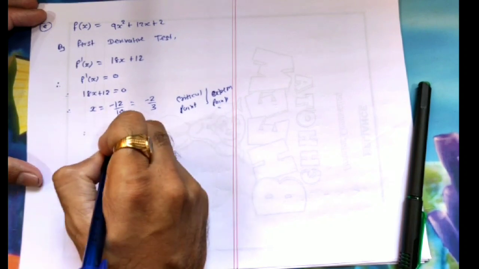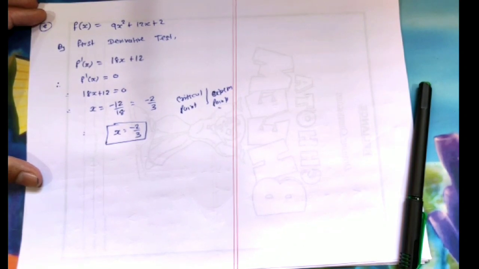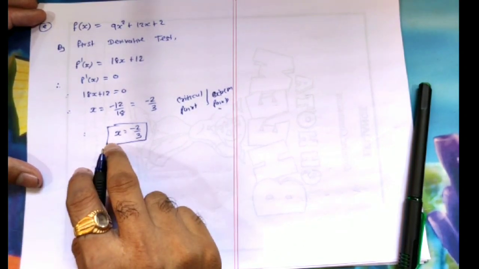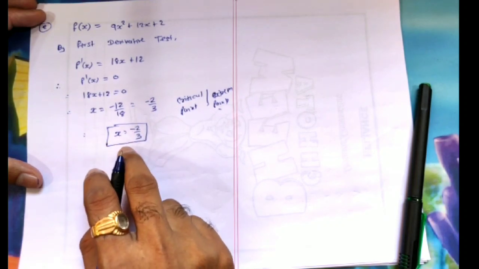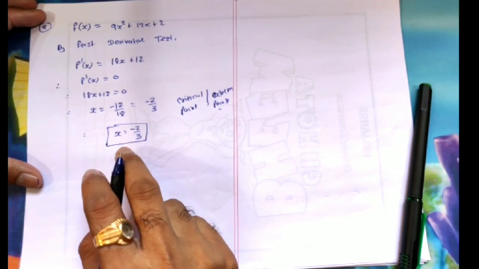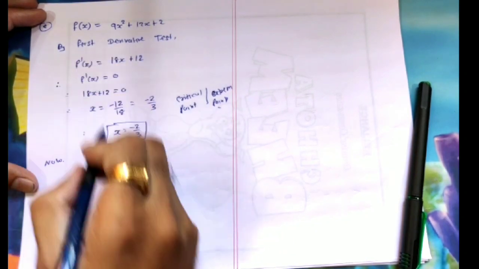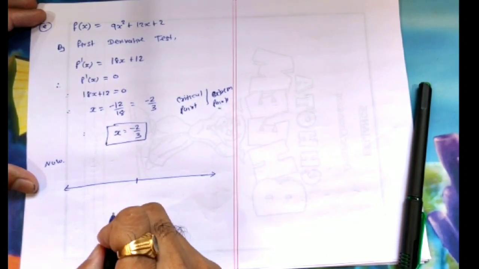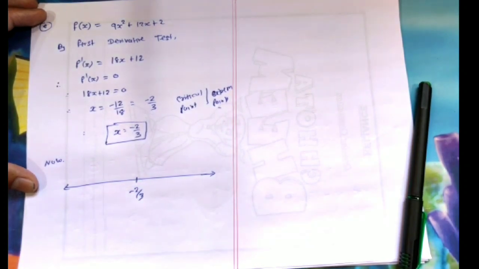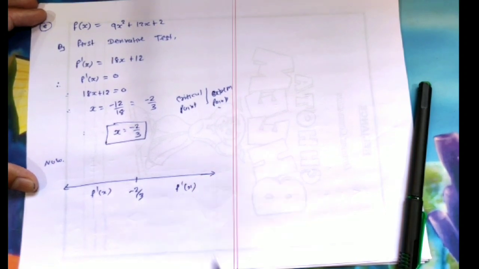So a critical point is the point at which a point of maxima or point of minima occurs. But here at this stage we can't find whether it is a point of maxima or point of minima. So now we have to identify this point, and for that we have to locate this point on a number line. So for the first order derivative, we are drawing one number line, locating our critical points on the number line, and then checking the sign of our f dash x on the left hand side and the right hand side of our critical point. Clear?